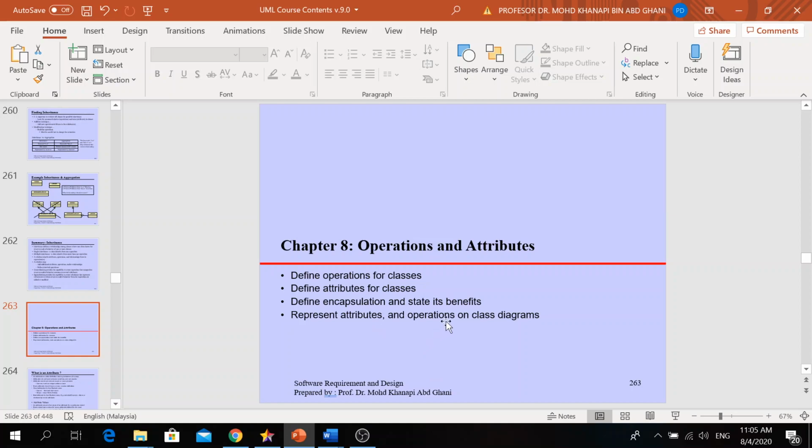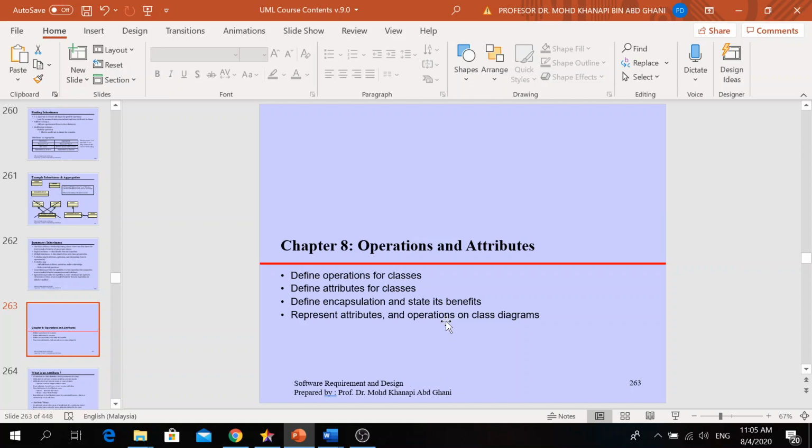That's why you need to understand the class is a static structure of your system. If you only have a class but you don't have the operation and attribute, your class is useless. And even if you have a class with operation and attribute, and the class knows where to go, if you don't have any relationship between classes, the class is also considered useless.